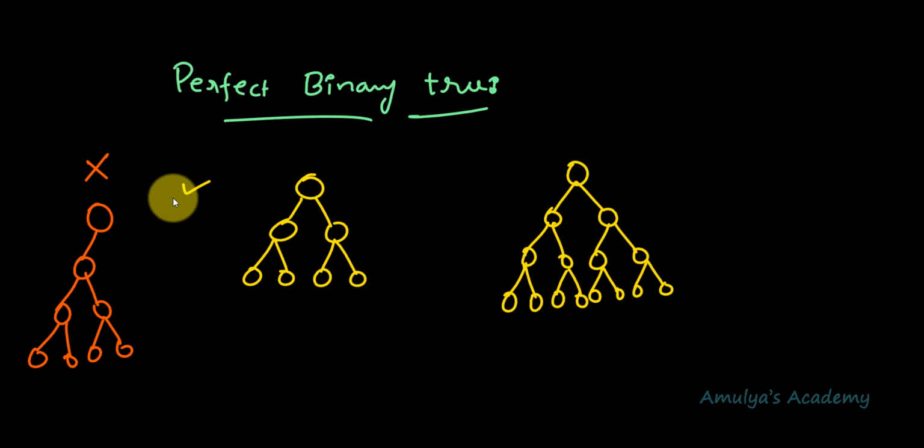So to check whether a binary tree is a perfect binary tree or not, first you need to check whether all the internal nodes contain two children. Next, you need to check whether all the leaf nodes are present in the same level. If both the conditions are true, then that tree is a perfect binary tree. Alright, to understand this better, let's take a few more examples. So here I have a few examples. Let's see whether these trees are perfect binary trees or not.